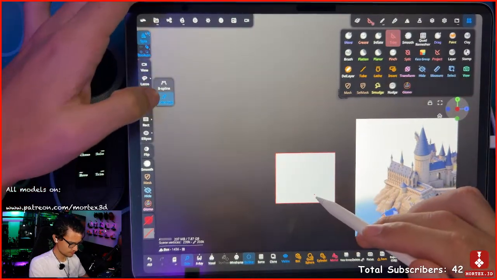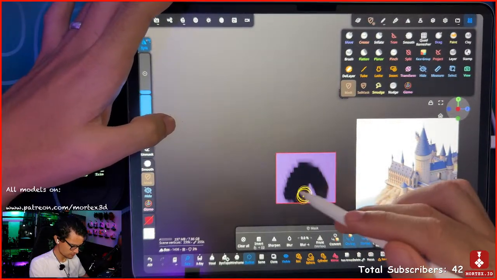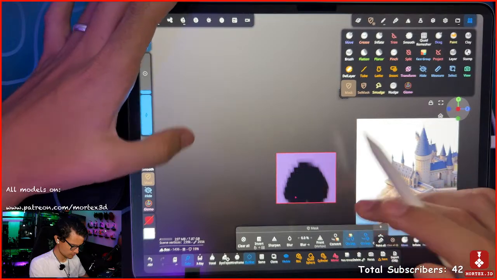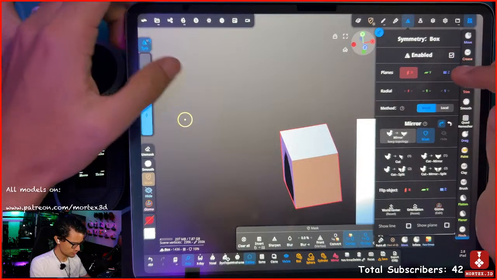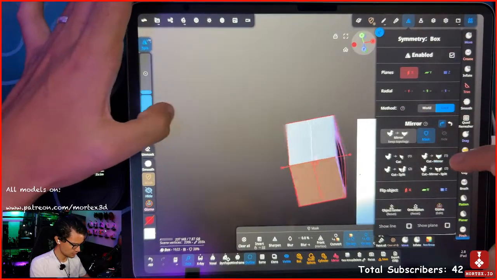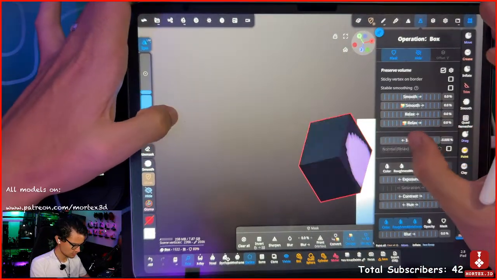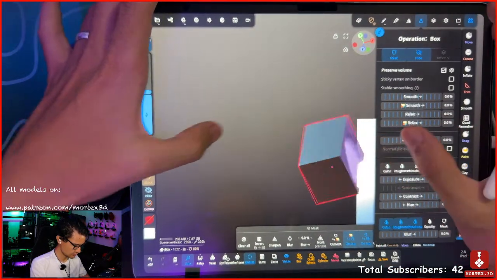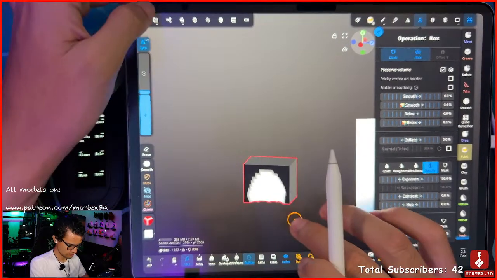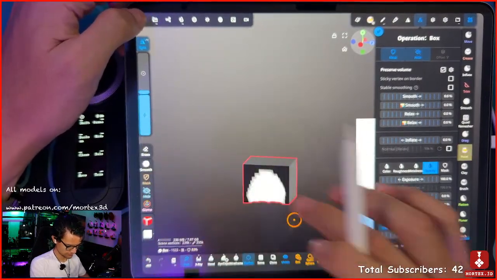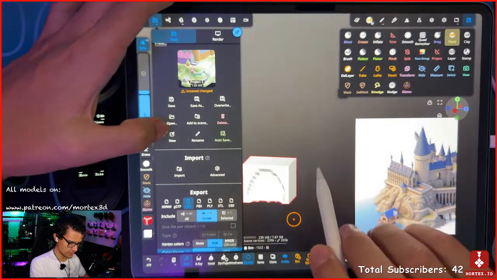So I'll need to, here we will need to use a local. There we go. Then mass inflate. Now